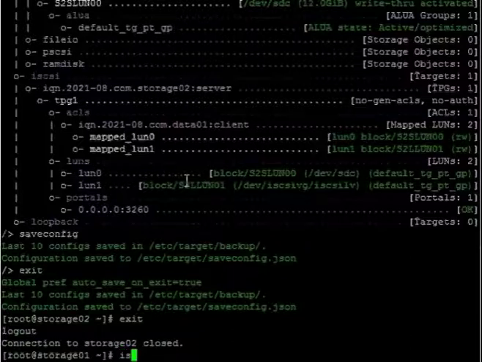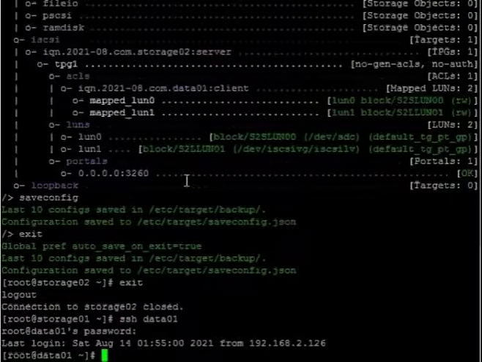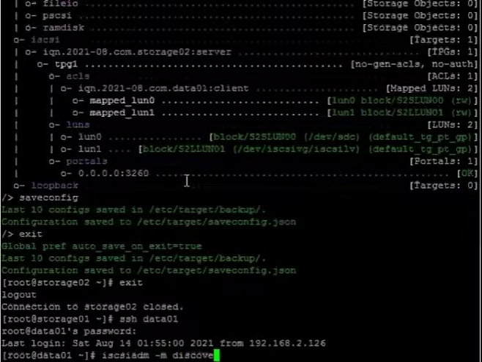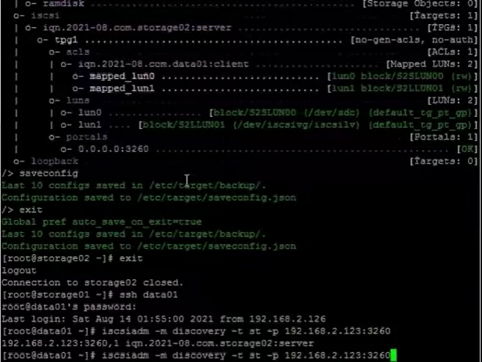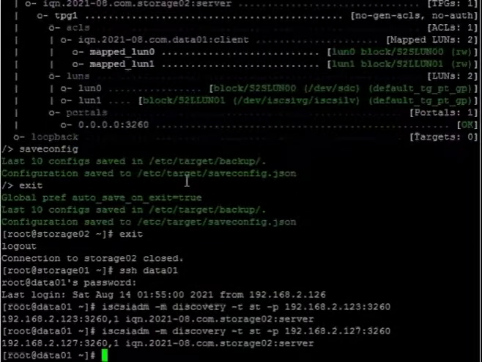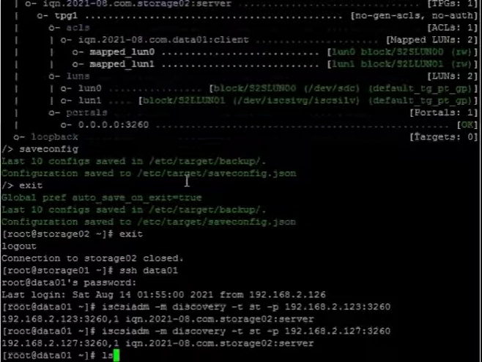Now let's go to our data server where the data exists. Let's first discover the target device of storage 2. So using iscsiadm -m discovery, we can see the target servers.